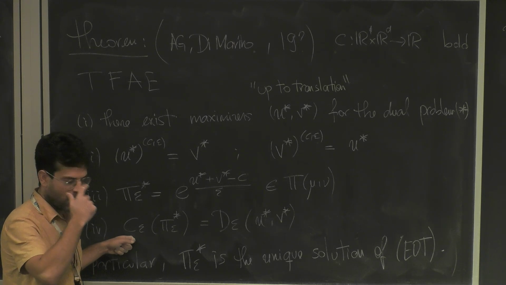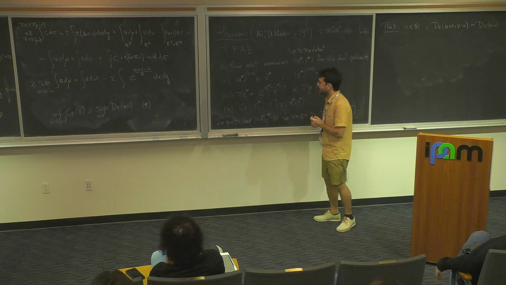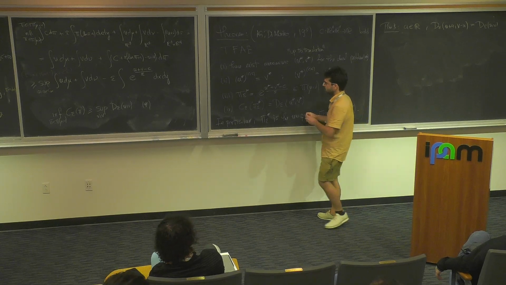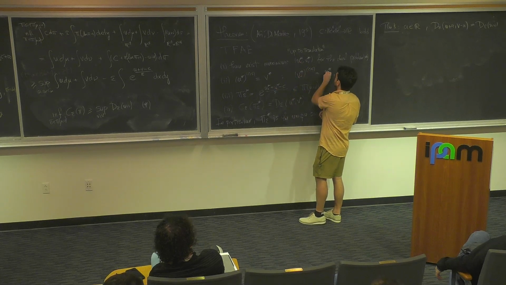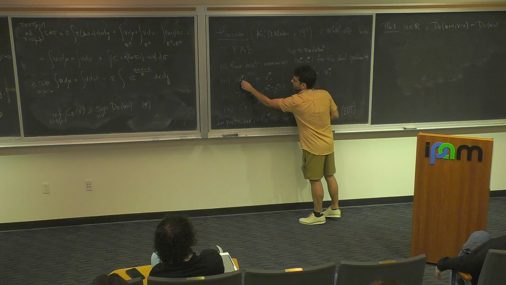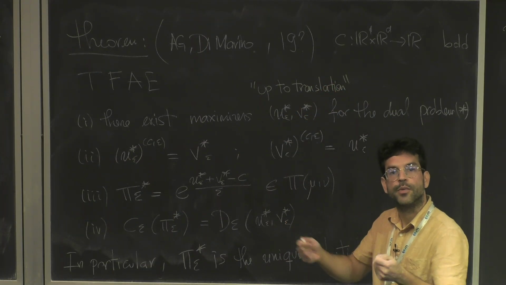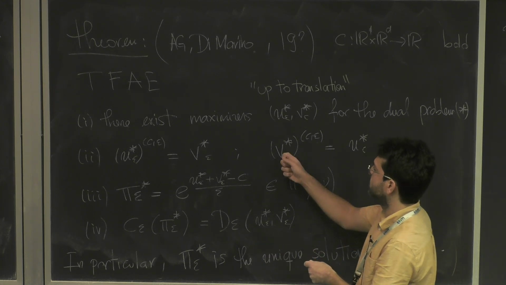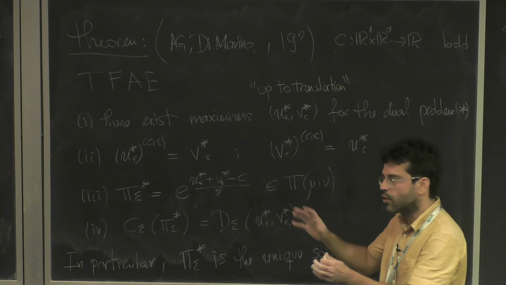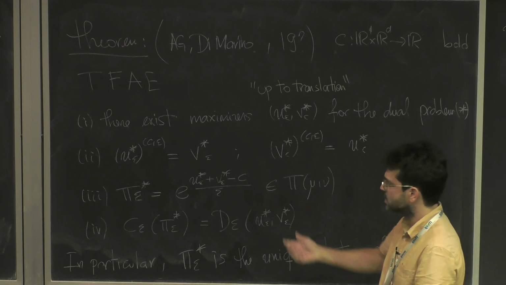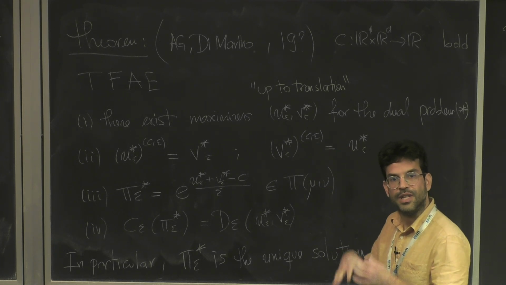If you know U star and V star, then do all epsilon problems have the same optimal solution? No, what I'm saying is, fix an epsilon. Given an epsilon, I have U epsilon and V epsilon that do the job. But it's not universal in epsilon. For different values of epsilon, I'm going to have different U and V. So this is something that makes this problem a little bit harder. We know a little bit more how to deal with this, for example, to do expansions in epsilon and so on. But U and V are not universal in epsilon. It depends on epsilon.